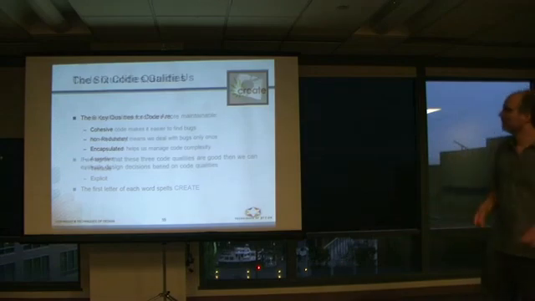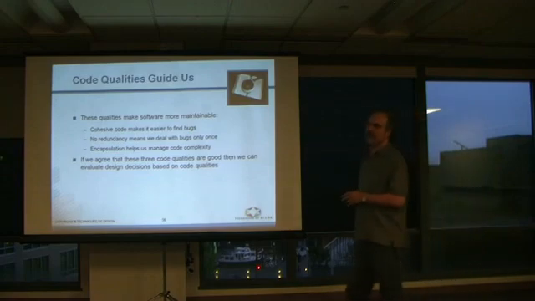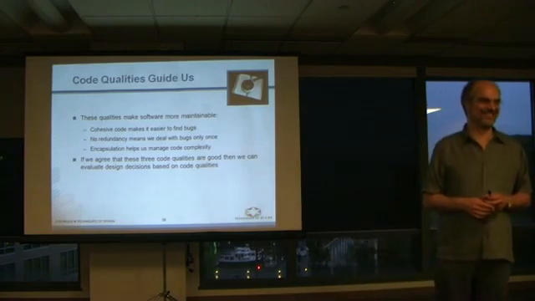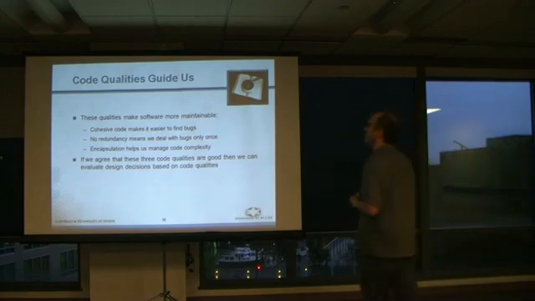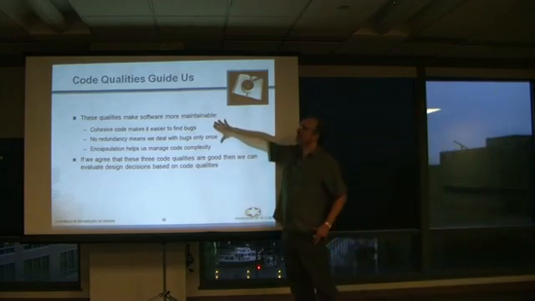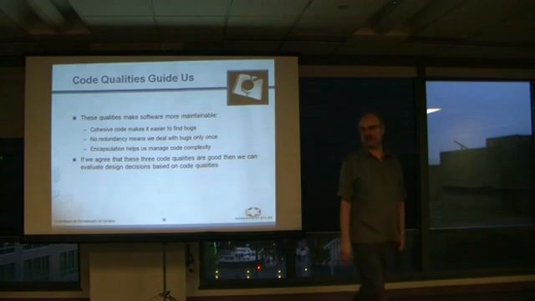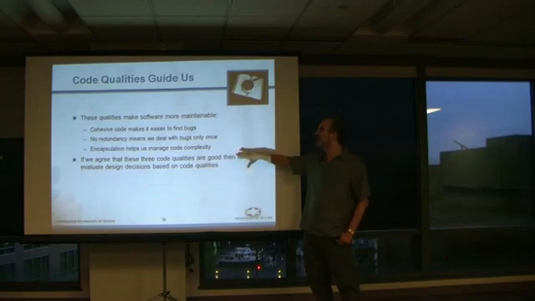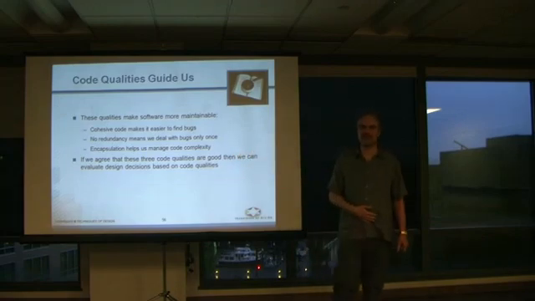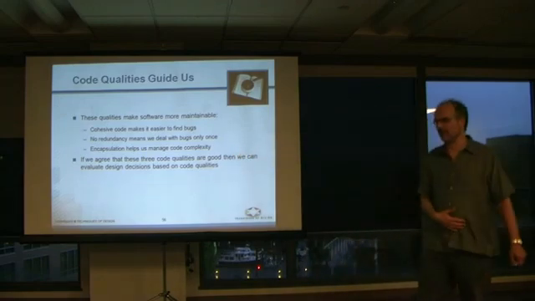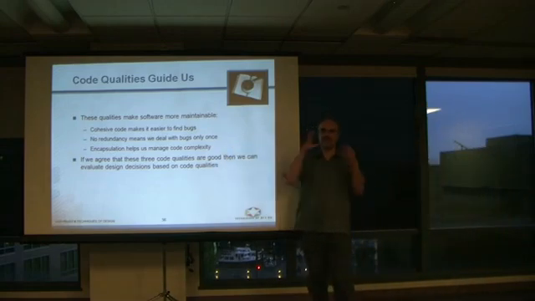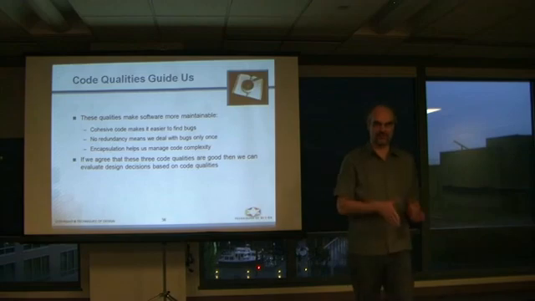Otherwise, we end up with redundant software at that point. Yeah. Little and big. These qualities give us some guidance. They help us make code that's easier to find bugs in, that is, we're dealing with issues only one at a time, and that it's able to manage complexity. We're able to manage more complexity more easily. So if we agree these things are good, then we can evaluate designs based upon these 6 code qualities.